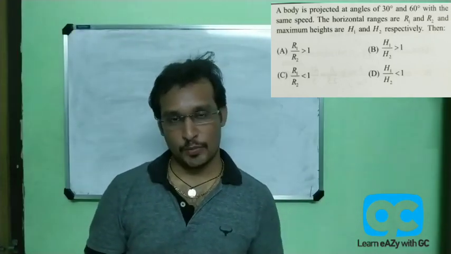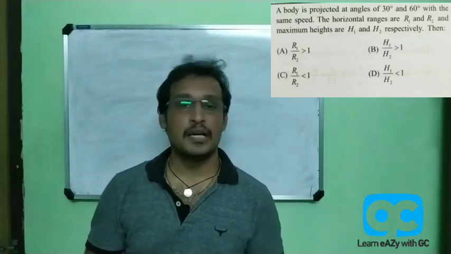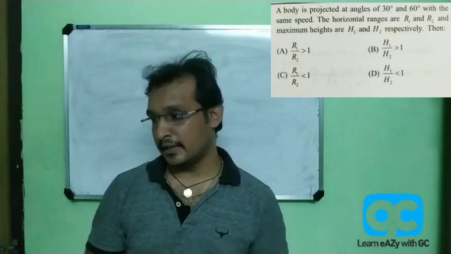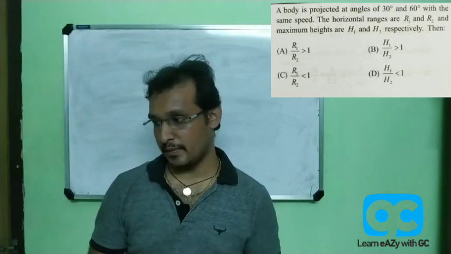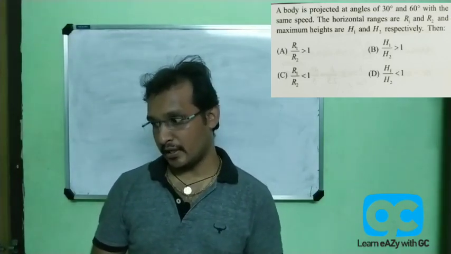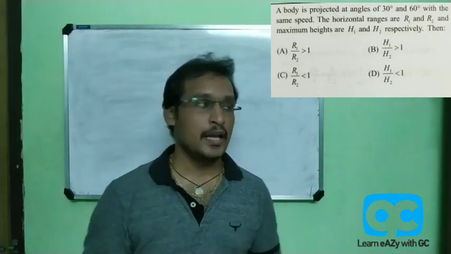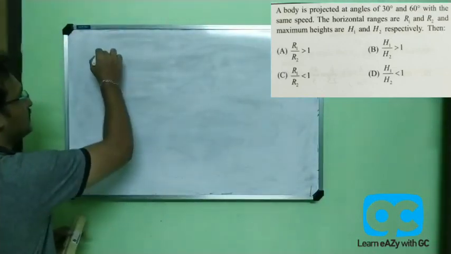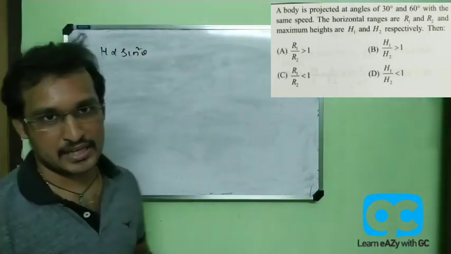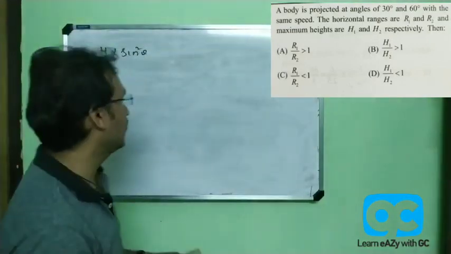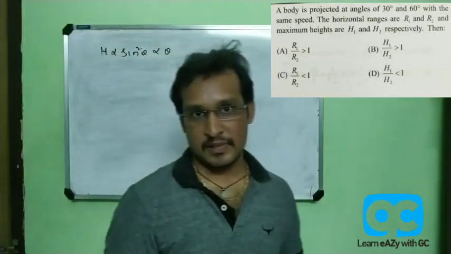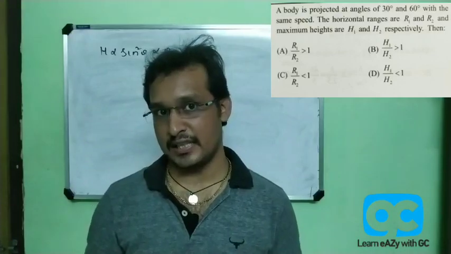So definitely you can neglect options A and C. Understood? Two projectiles projected with the same speed with complementary angles of projection will have the same horizontal ranges. So options A and C definitely cannot be true. So the answer will be either option B or option D. And we know that height H is proportional to sine squared theta. H equal to u squared sine squared theta by 2g. Which means it depends on theta, because sine 0 is 0, sine 90 is 1. As theta increases, sine theta also increases.